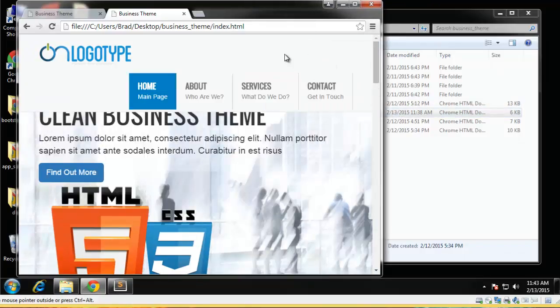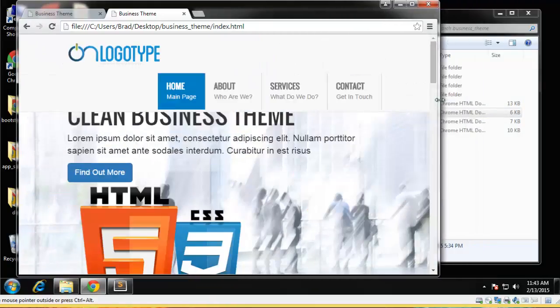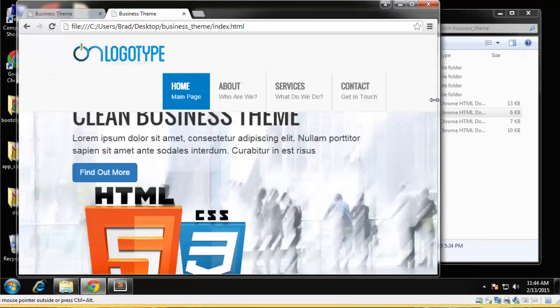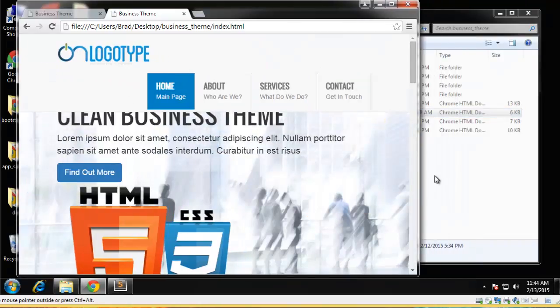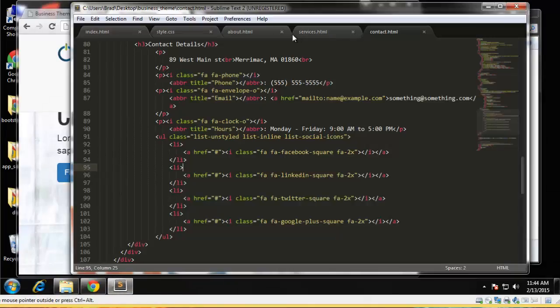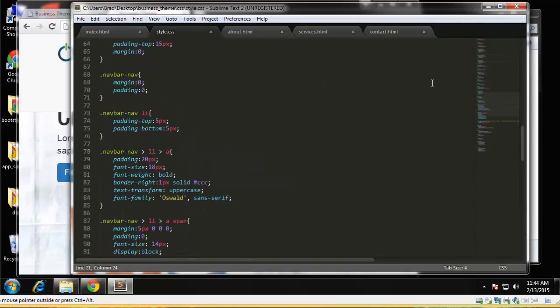Okay, so I want it to kick in here, and it should end here. So when we cross this line right here, we need to make that menu collapse. All right, it's pretty easy to do. All we need to do is add a media query and a little bit of styling. So let's open up the CSS, style.css, and I'm going to go to the bottom,